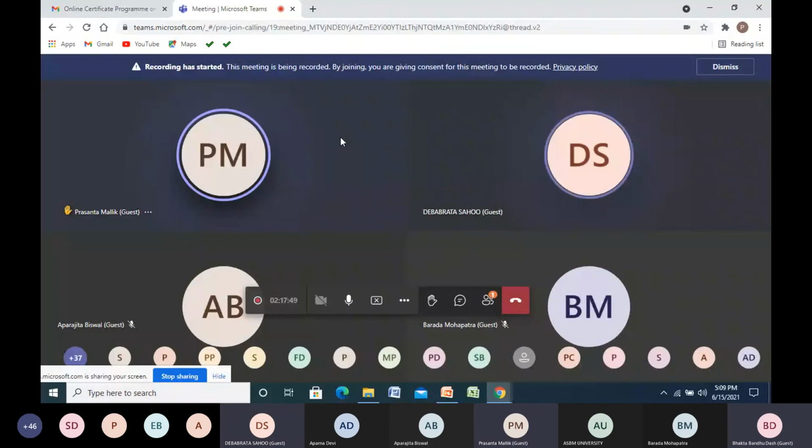Yes, sir. That means in short, you mean to say that we have to adopt the guideline, scientific process, methodology. Yes, guidelines you have to adopt. Getting my point? Yes, sir. Clear, got it.